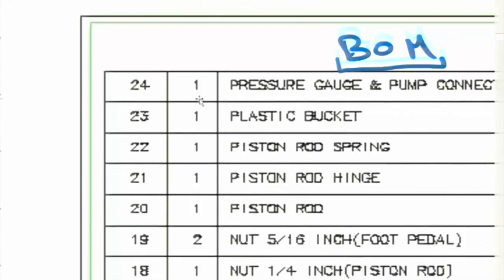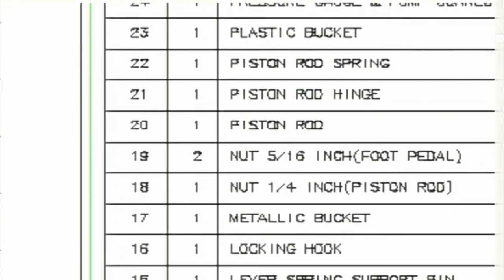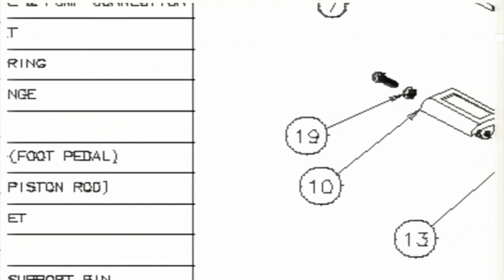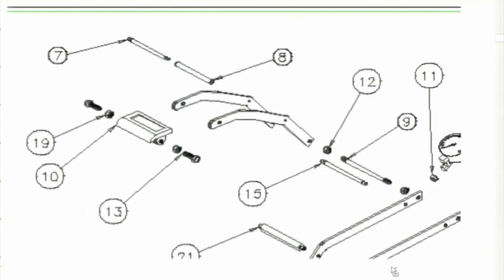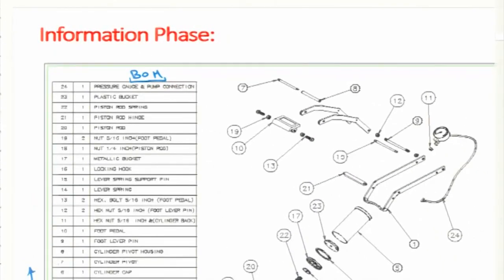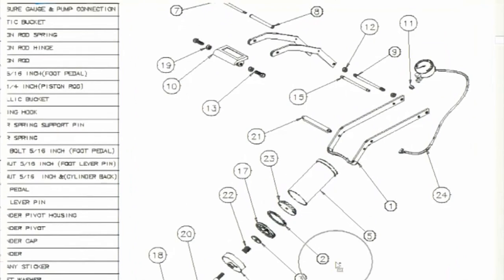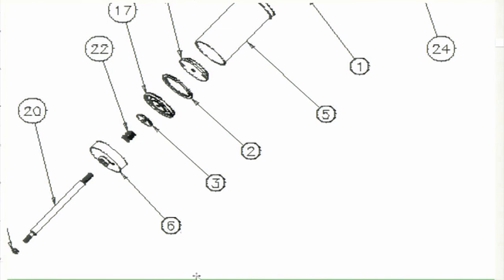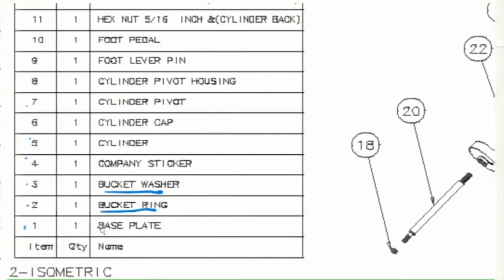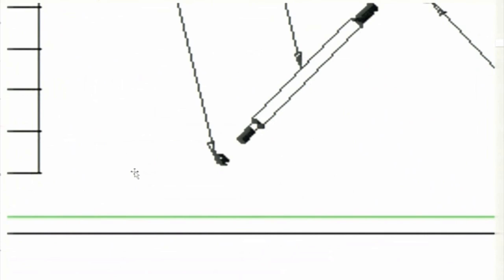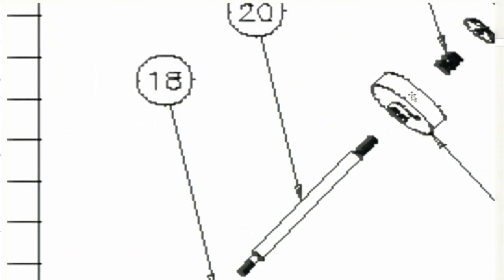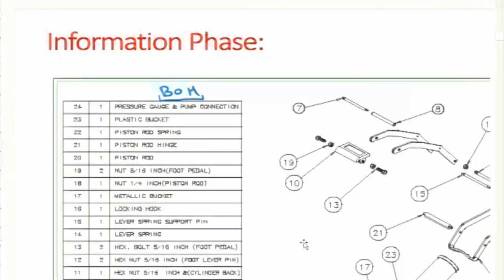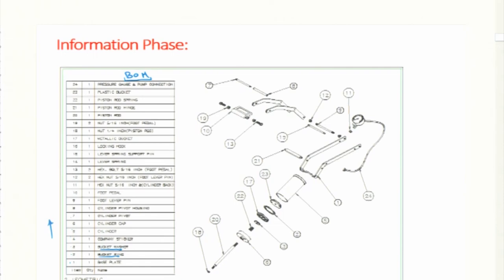Similarly, we have all these components; there are 24 components, and this is the drawing. This is actually the exploded view, as I showed you with the view of the mobile phone. Each component, let me say component number 6, is the cylinder cap. This component is number 6, which is the cylinder cap. So all these materials or components are there.